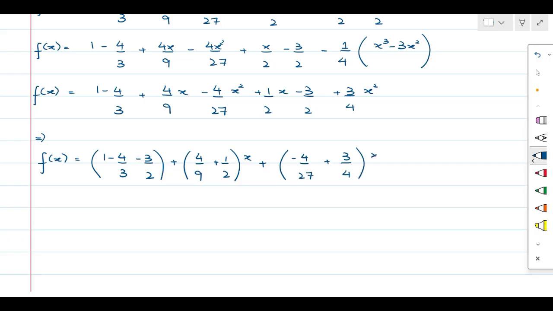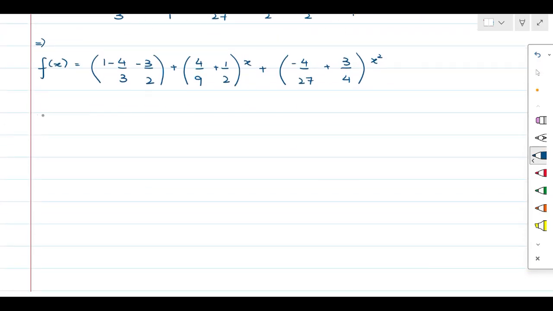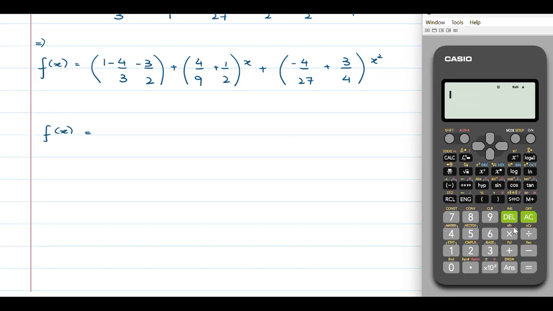These are the x square terms. Okay, let me simplify. We have f of x equals to, let me solve with the calculator, what is 1 minus 4 by 3, and then minus 3 by 2,